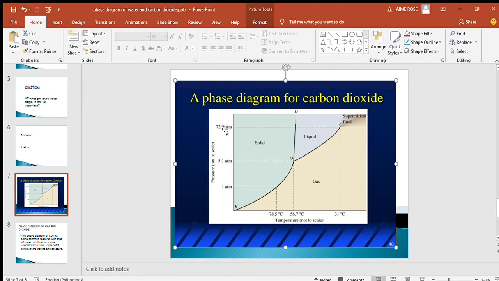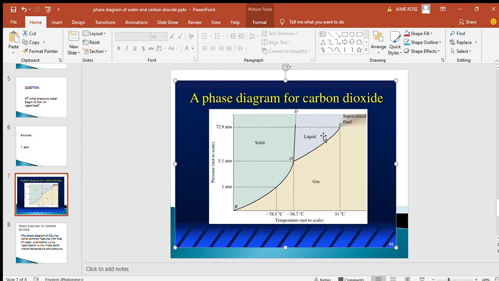Now beyond negative 56 degrees Celsius with 72.9 atmospheric pressure, carbon dioxide in solid state will start to change into liquid state. Beyond negative 56.7 degrees Celsius, for example 31 degrees Celsius and 72.9 atmospheric pressure, carbon dioxide is